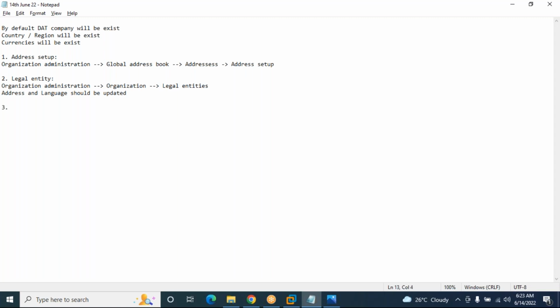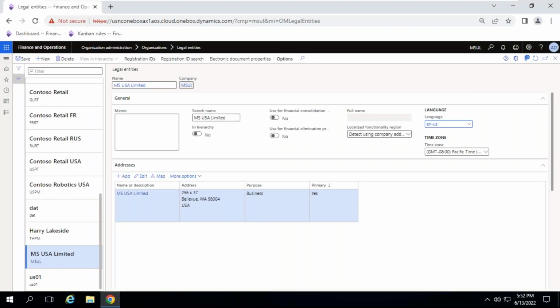Address and language should be updated. Okay, so the country, it is USA, and language. So now it is better to refresh once. If it is the AX2012 previous version, I will close the application and open it again, because in the back end